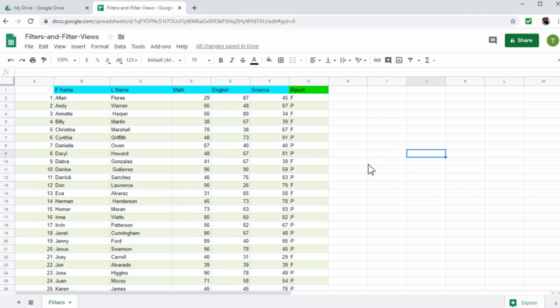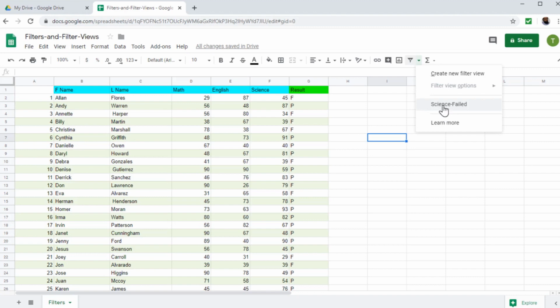And if I am collaborating with math and English teachers, they will see this full spreadsheet and they will not see any filter here. The filter icon is normal. There is no filter icon here. But if they click here in filter views, they can see what filters are applied by the science teacher, because we can have a convention that all filters applied by a science teacher will start with the word science, and a math teacher or an English teacher should not touch these filters.